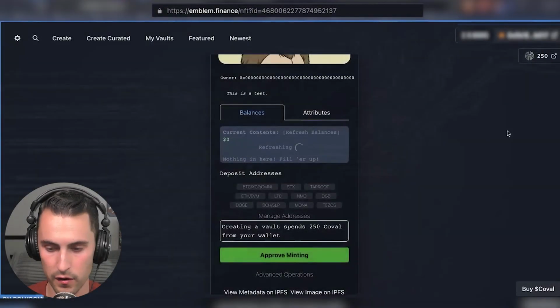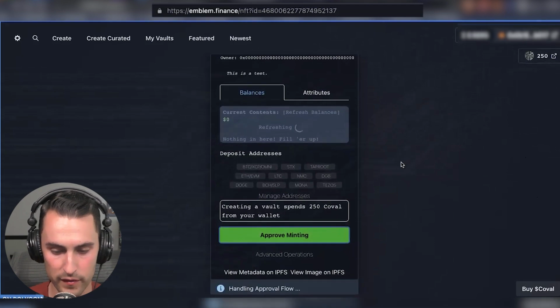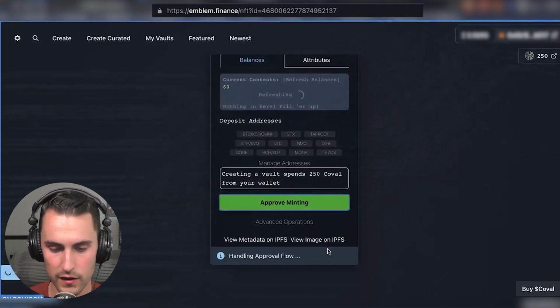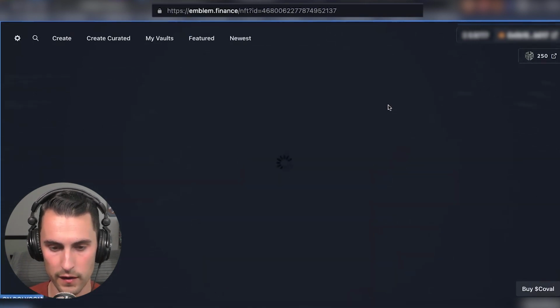So you're going to have to come here and hit approve. And as you can see, the gas fee is also 1 cent for this. So I hit approve, you might not have been able to see it. And now you can see here, it says handling approval flow. You can see the gears are working with Emblem Vault, and it'll get approved shortly, and it'll populate